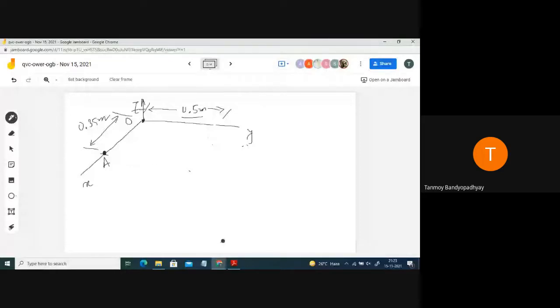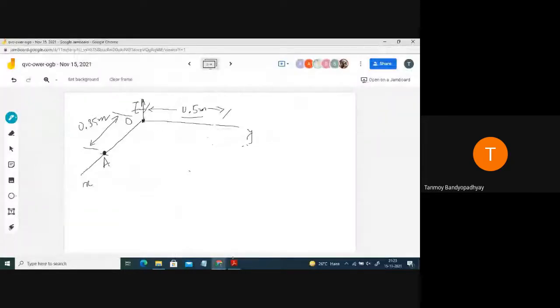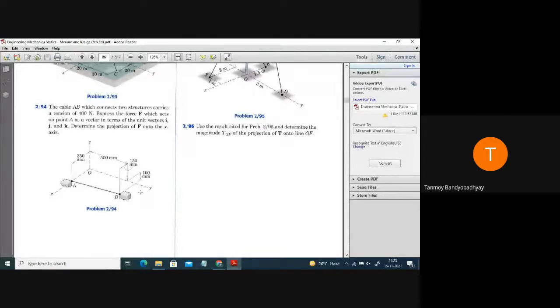B is actually, this is 0.5. So let me arrive at the point B from the origin. So what is the X? X is actually, for B, what is it? X is 0.15 and Y is 0.5. So 0.5 and at this location I will be having another one. How much is this? This one is 0.15 I think, right? Yes, sir. Then below it I am going a distance of, see how much is given here? 0.1, 100 millimeter. So it is below the y axis or the xy plane.